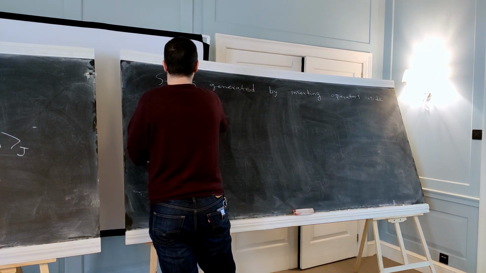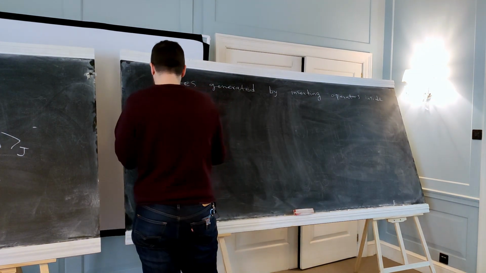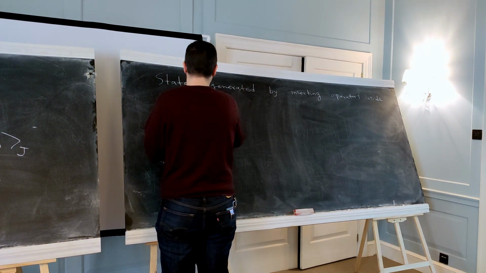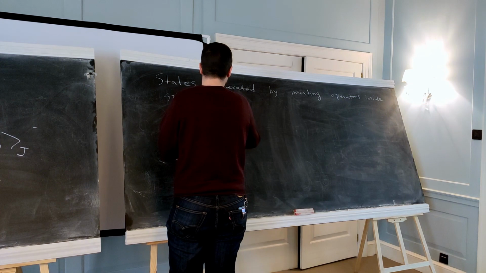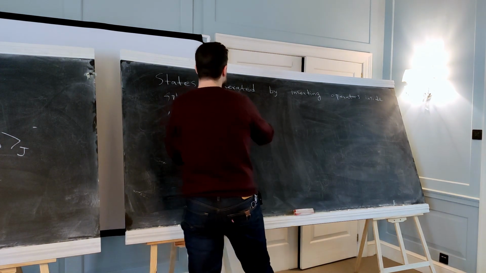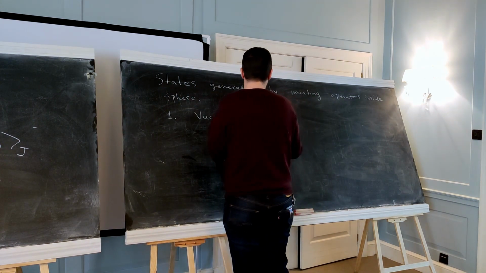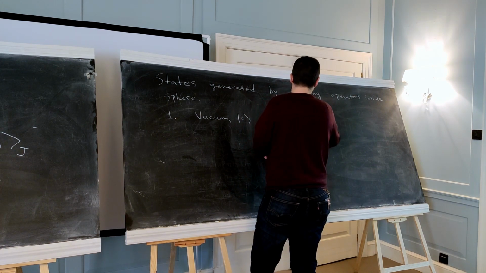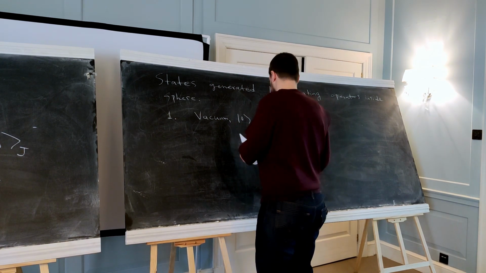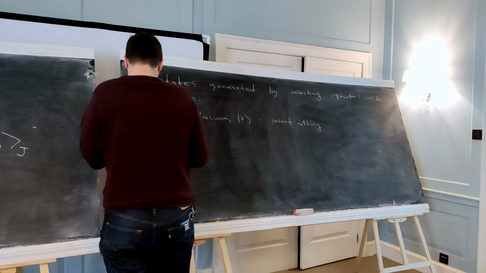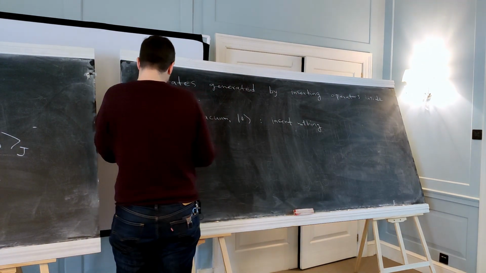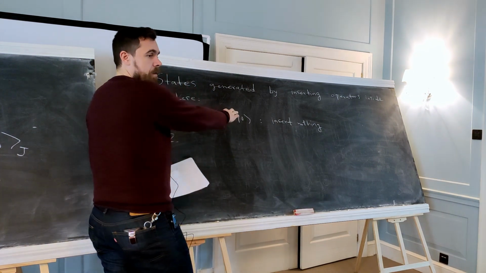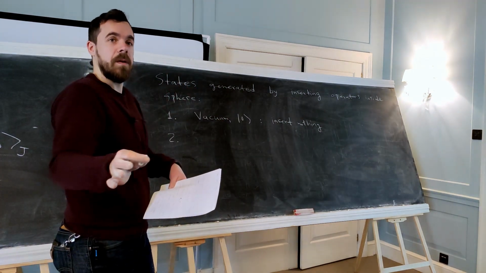States on the sphere are generated by inserting operators inside the sphere. And how do you get the vacuum, for example? Vacuum state, you insert nothing. So the sphere. Now since we have the vacuum, we insert nothing and we call that the vacuum.